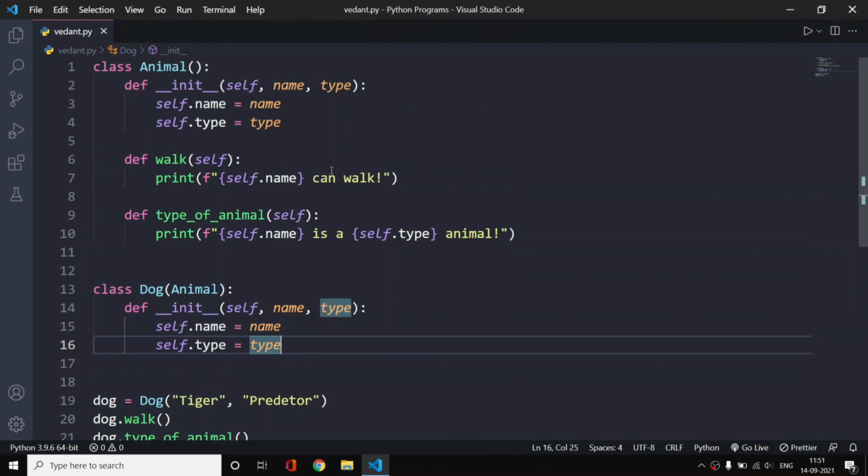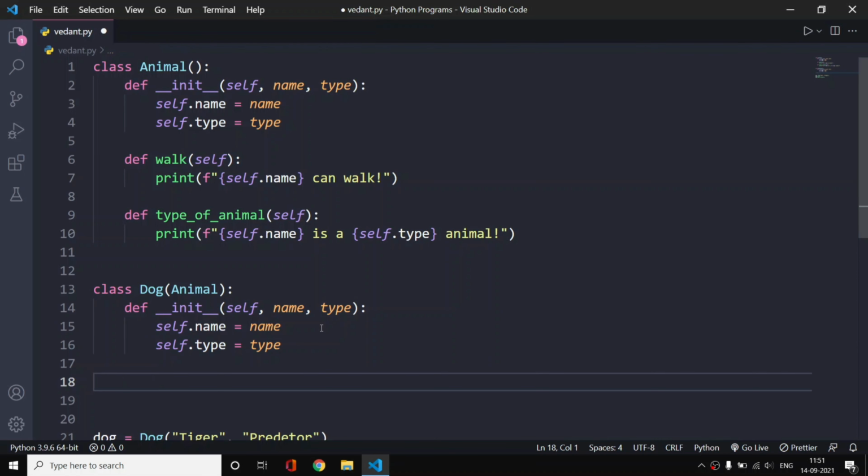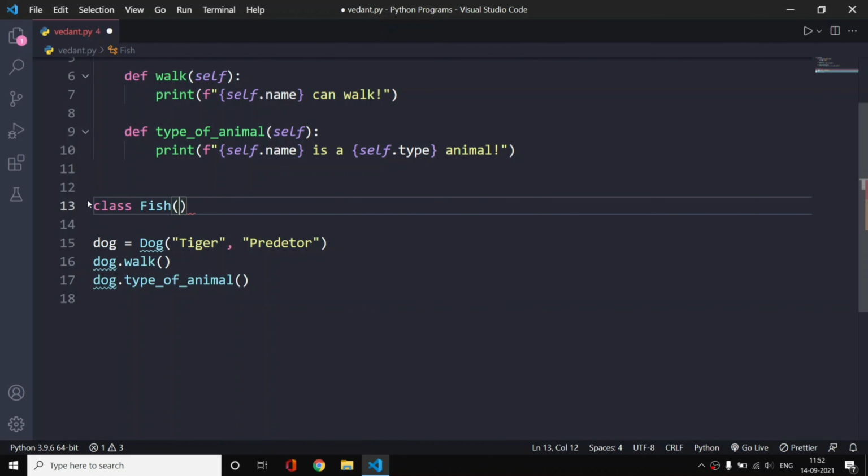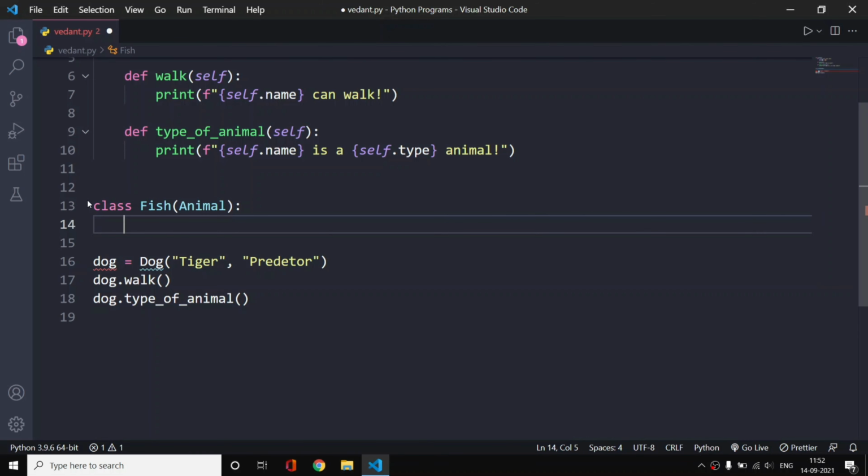Now this walk method is defined in this animal class, but I want to modify it in another class. So let us just remove this dog class. Instead I will create a class fish, which we are now inheriting from animal class. And if you see biologically, animal is the category where we have all those living things. So animal and plant are the two categories only, and inside of them we have multiple categories. So fish is basically an inheritance of our animal class now.